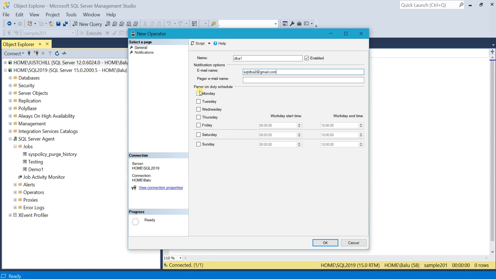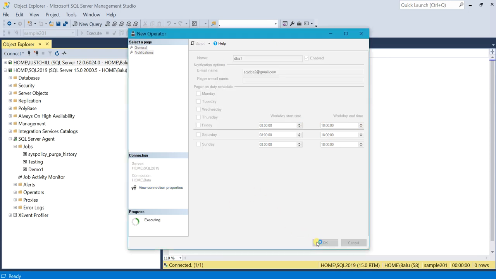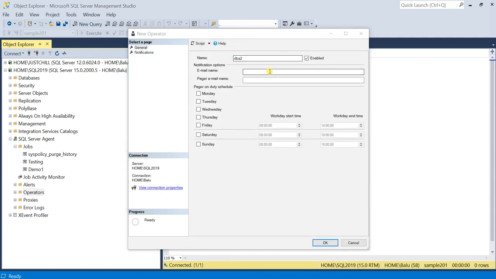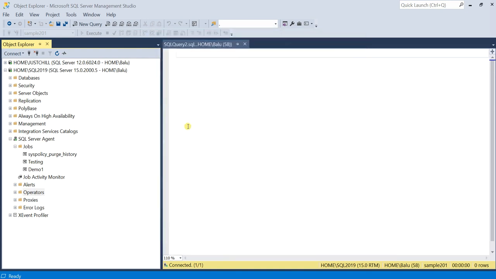And you can select the schedule also, whether you want it Monday, Tuesday, or even select the working hours, and OK. Let me create one more operator here, DBA2, and OK. So now you have set the operators.